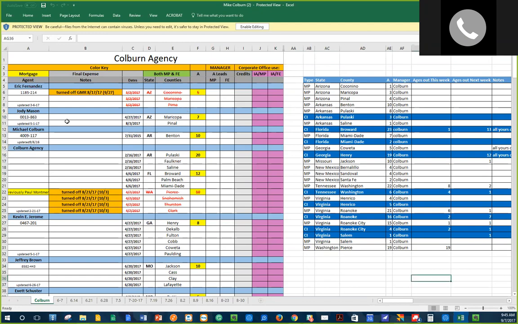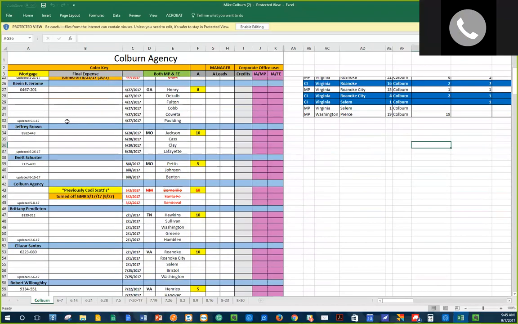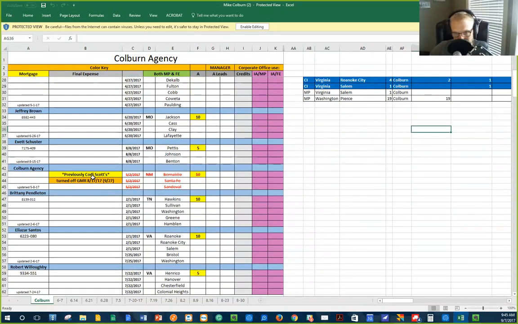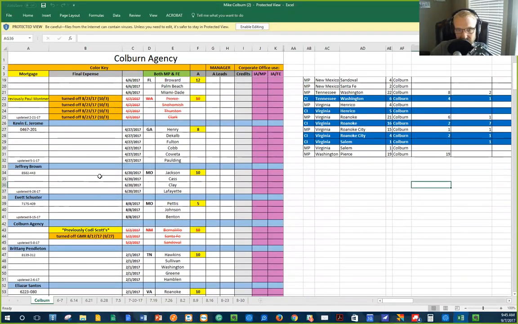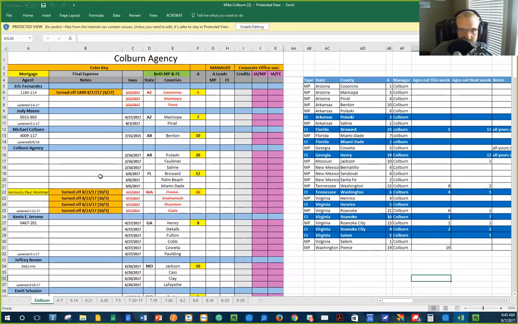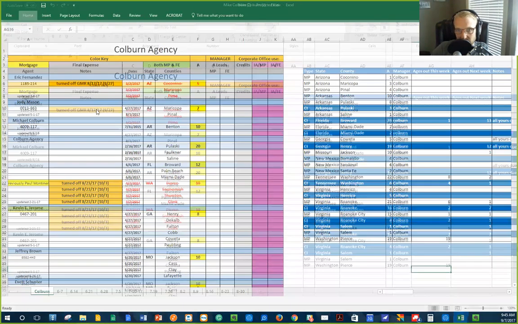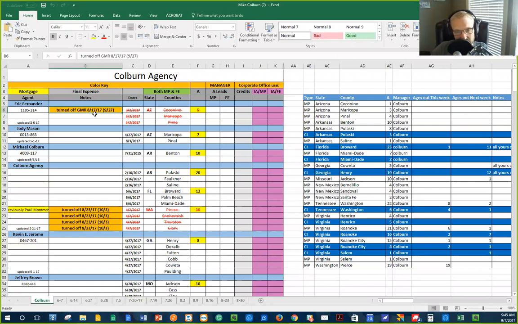You'll see here, and I'm a very transparent person, so if you see your name up here and you see things that you don't like, it is what it is. Everyone needs to understand how this functions. These are all the GMRs that we have turned on. Eric Fernandez used to be with us. He turned off his GMR. Anytime you turn off a GMR, you'll notice this turned off item here, with a date that says when it officially terminates.